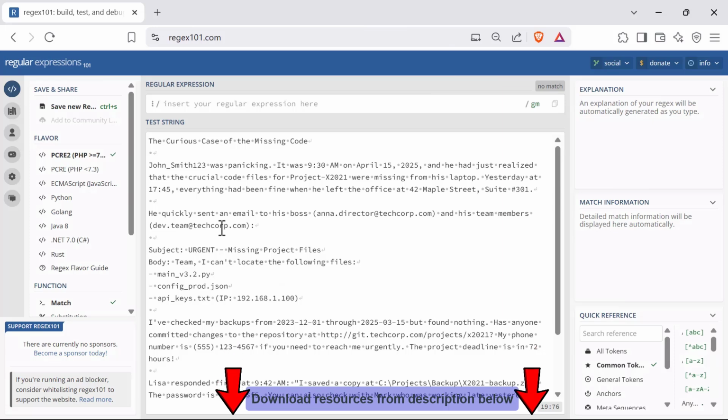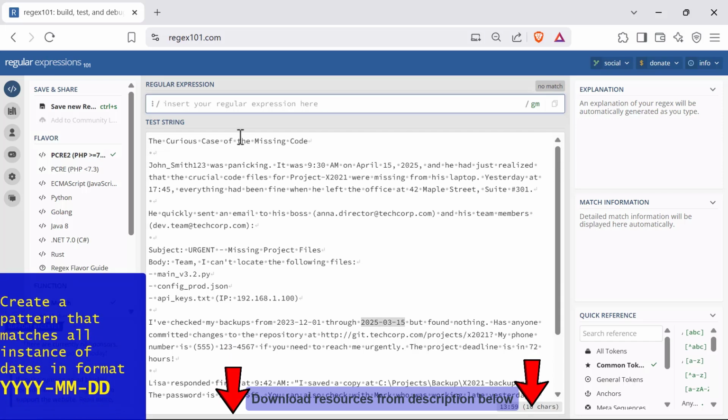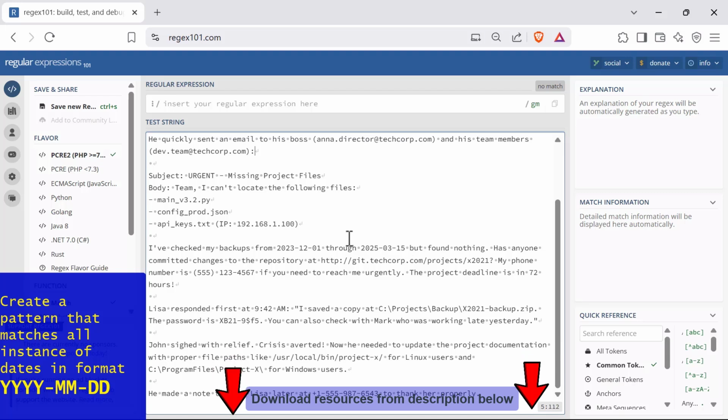I'm in RegEx 101 and I copy pasted the text in the text string. First question is create a pattern to match the dates YYYY-MM-DD. So basically we are looking for a pattern which matches the date in this